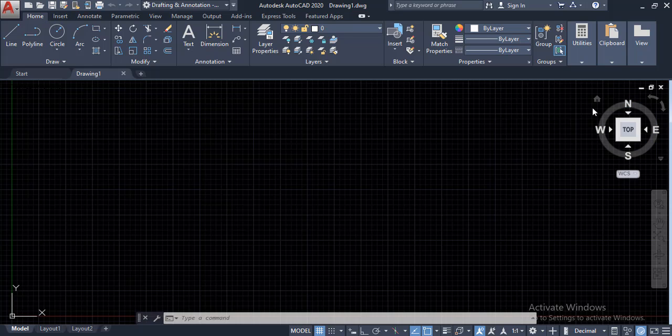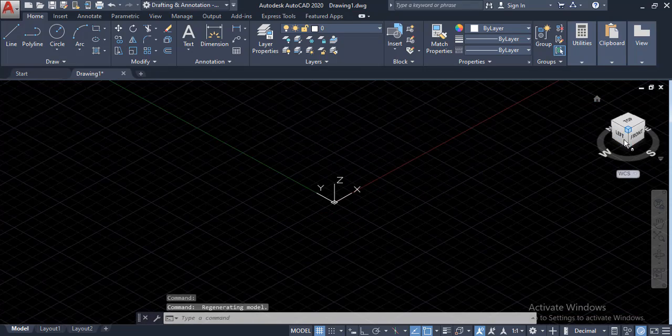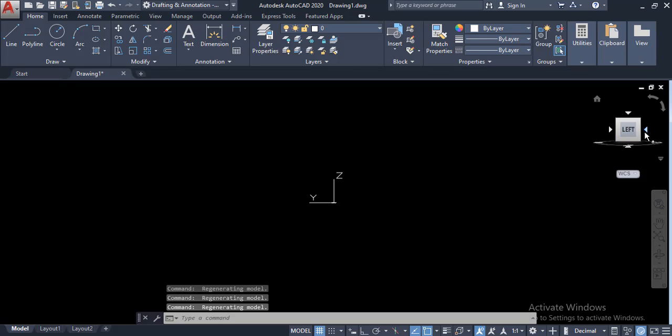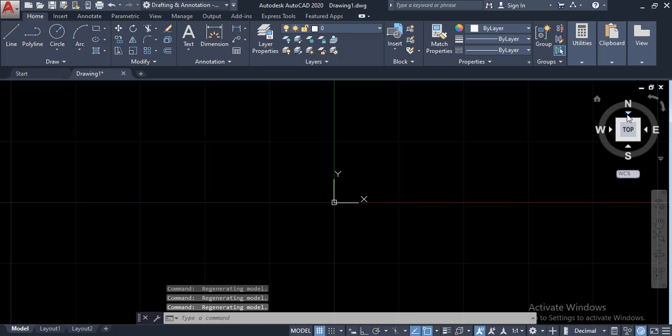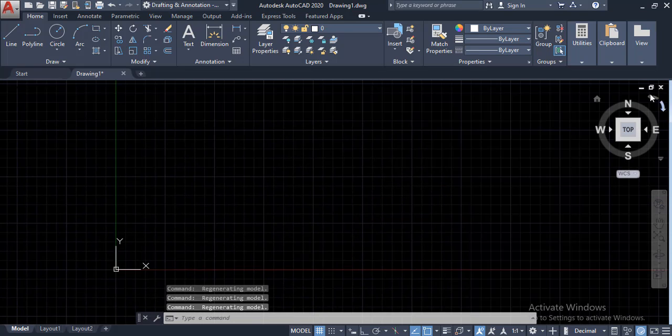Next, coming over here, this is called your UCS icon. Full form for UCS is World Coordinate System. In this, the very first thing you get is your 4 main directions, that is north, south, east, west. If you click on this home tab, you come to know about the 3D view here. So here, if you want, you can use front view, left view, right view and again the top view. So this is called your UCS icon.